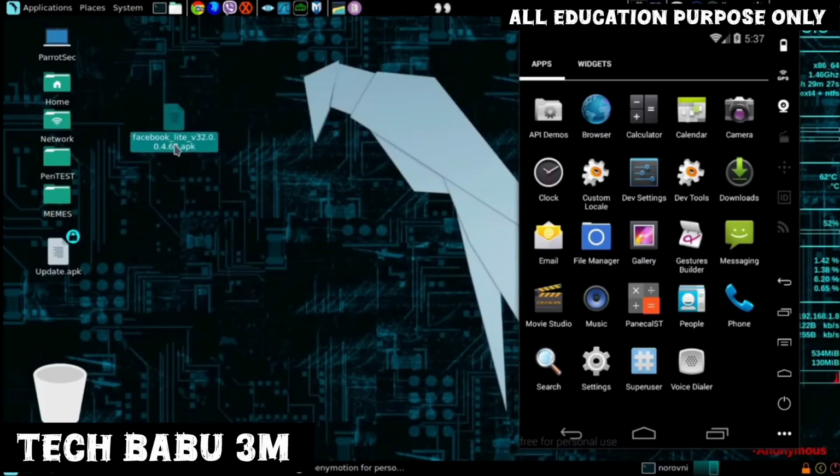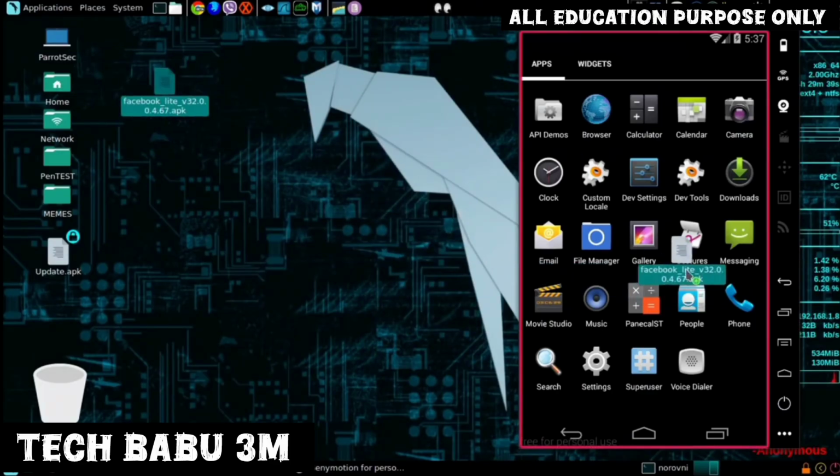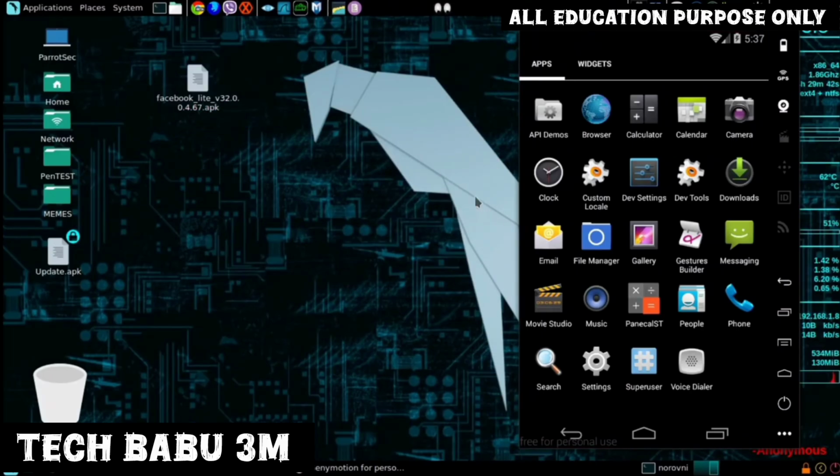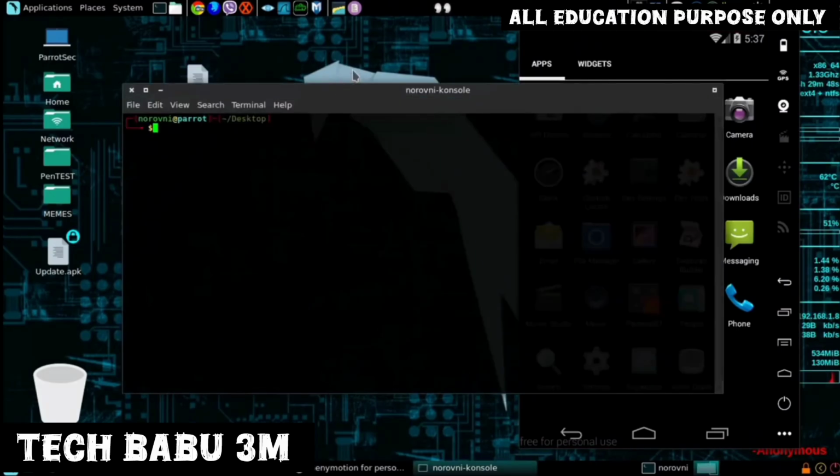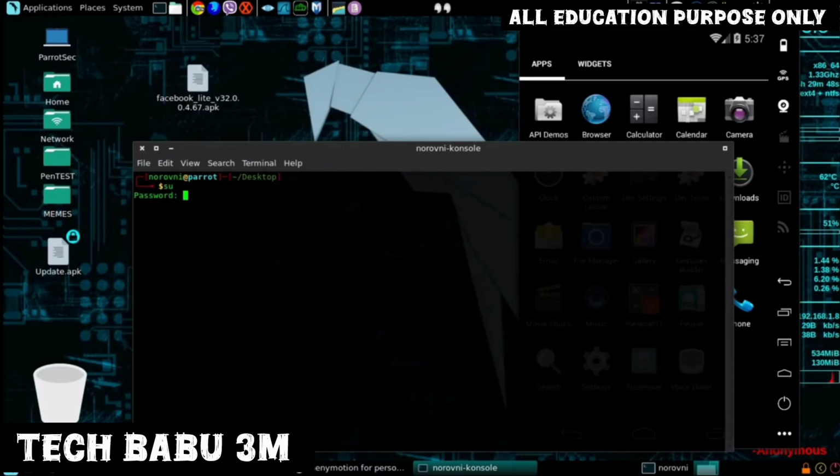So I have this Facebook Lite APK right here. I'm gonna inject the Metasploit payload into this application, and we are gonna install this application on our Android device and see if we can get a Metasploit session. So open up a new terminal, do su for super user access. We're gonna use MSFvenom